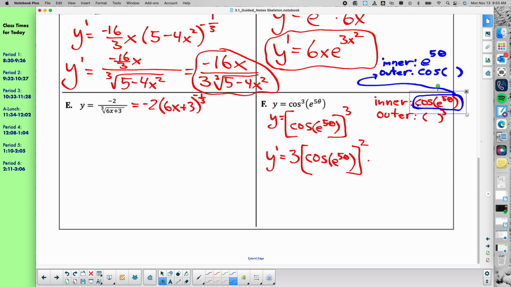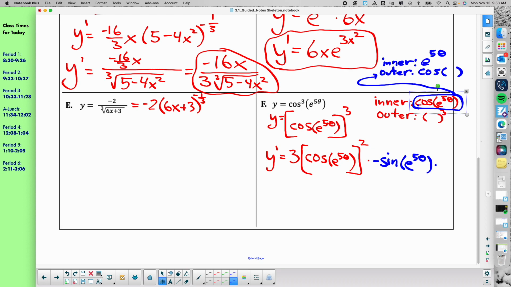Okay, well, the derivative of this blue information that I wrote down is going to be the derivative of the outer, which would be negative sine, same angle, e to the 5 theta. So it's basically like I am starting a separate problem and writing that answer in place of my derivative of the inner. So derivative of the outer is this, times the derivative of the inner,